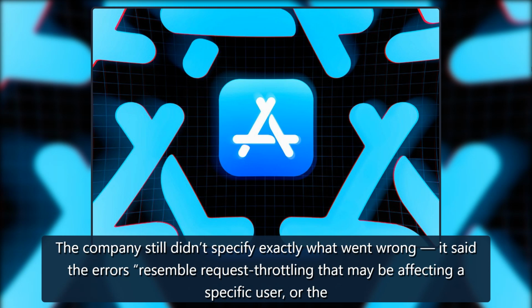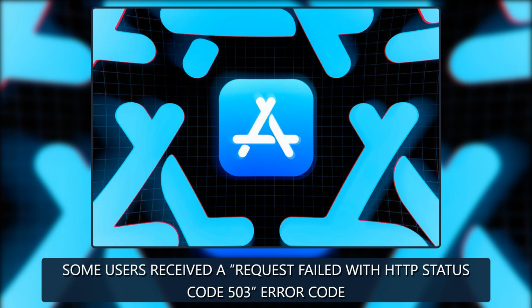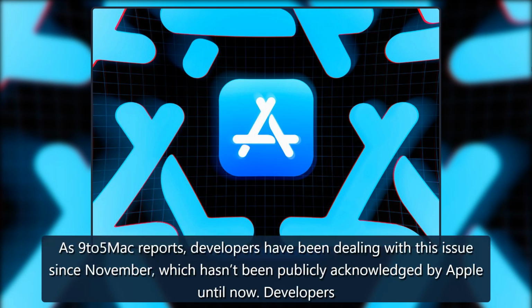It said the errors resemble request throttling that may be affecting a specific user or the container as a whole, and vaguely blamed an underlying issue for causing the widespread syncing problems. Some users received a "request failed with HTTP status code 503" error. As 9to5Mac reports, developers have been dealing with this issue since November, which hasn't been publicly acknowledged